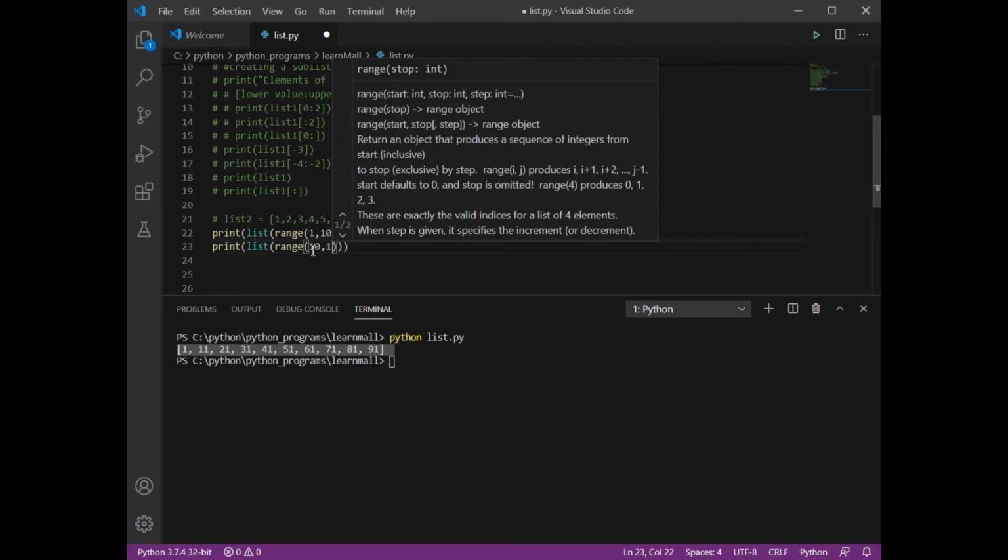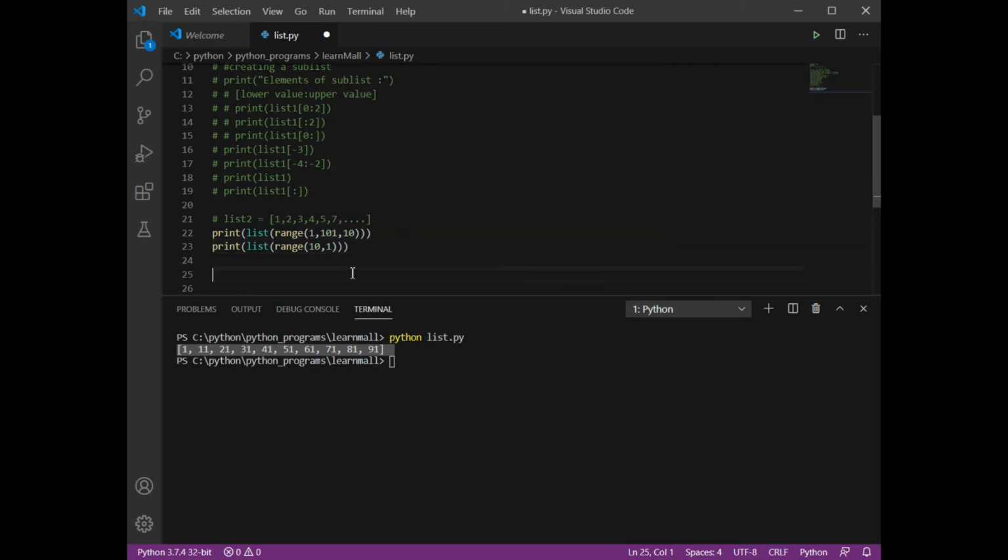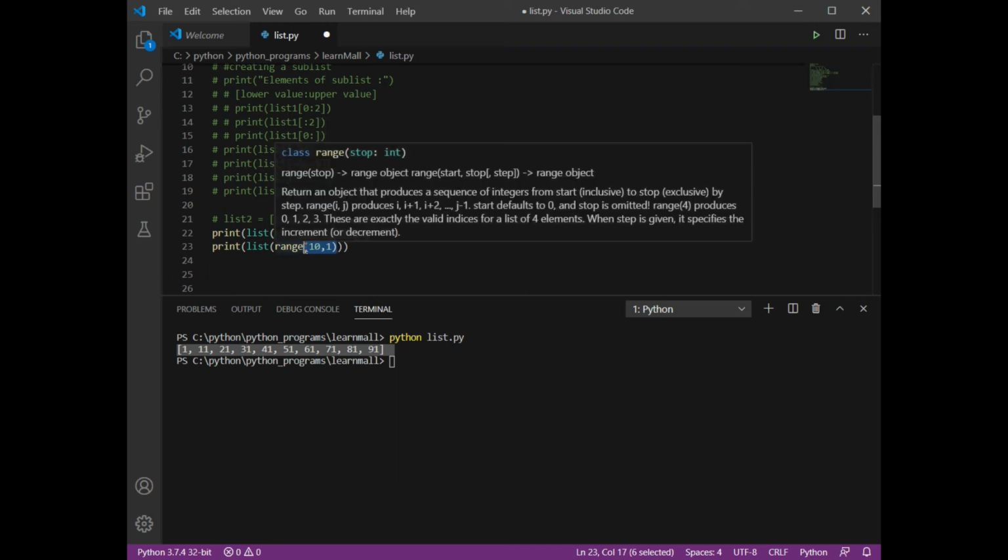Now if you are starting from 10 and moving till 1, it is going to give you nothing. Why? Because every time it is going to increase the value by 1. So it is going to go 10, 11, 12, 13. It is never approaching this range. So it is going to give you a blank list.